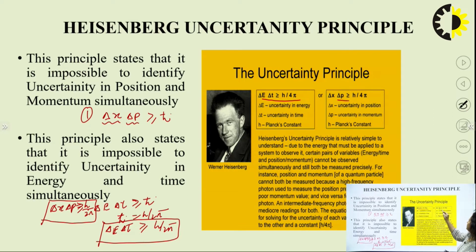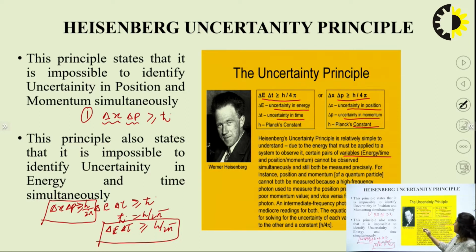delta X into delta P is equivalent to h by 4 pi, where delta E is the uncertainty in energy, delta T is the uncertainty in time, and h is Planck's constant. Similarly, delta X is the uncertainty in position, delta P is the uncertainty in momentum, and h is Planck's constant. So, due to the energy that must be applied to a system to observe it,